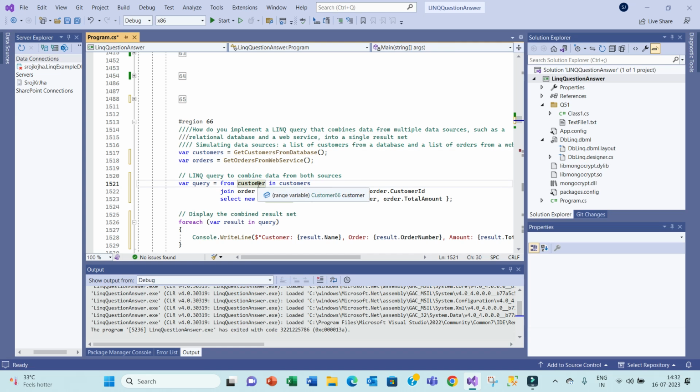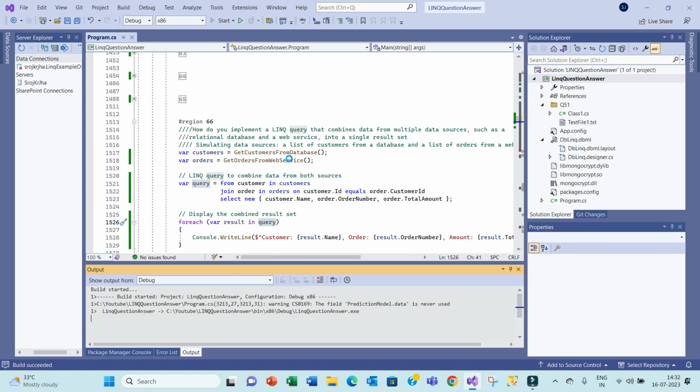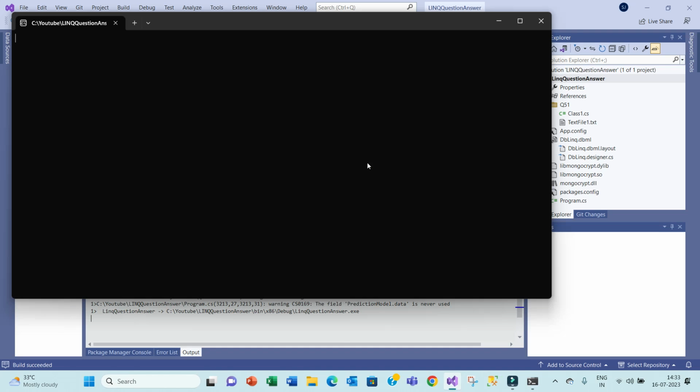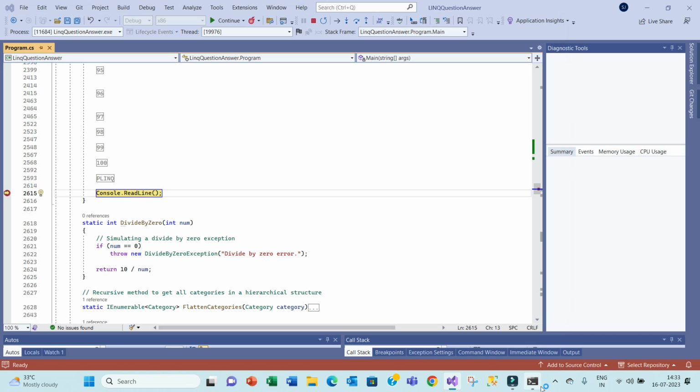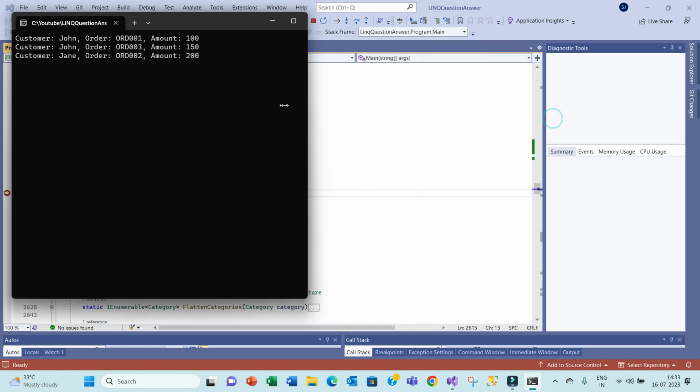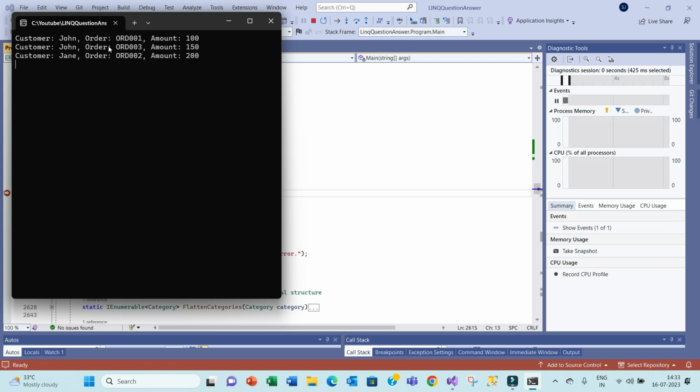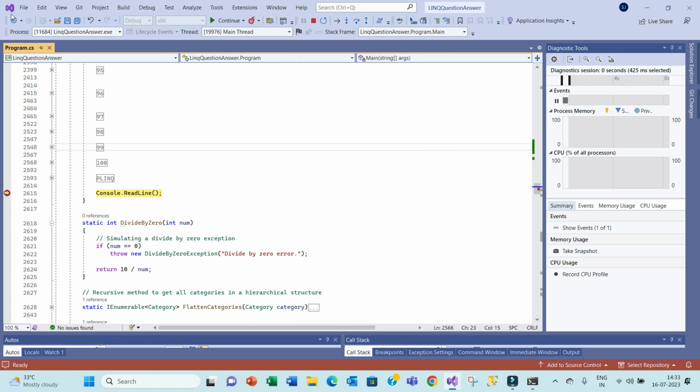Over here, from the customers we join orders on customer ID equals customer ID. We are joining these two data into one data set, and over here we are iterating that data set. If you are using your database, then you can have your database path and all those things. So if you see here, customer John, order number ORD1, amount is 100. So if you go to the data,